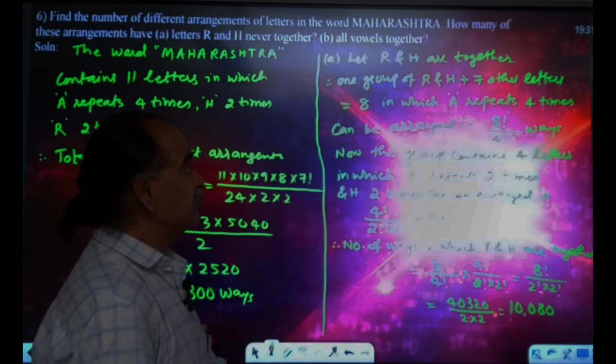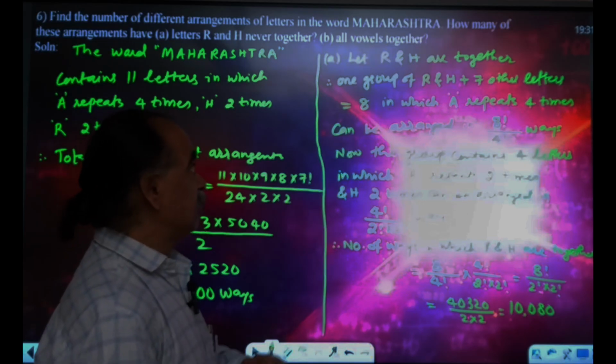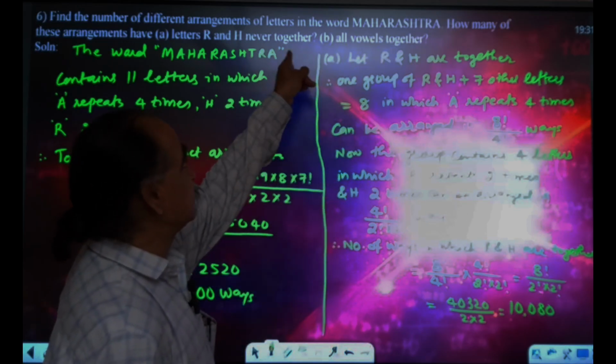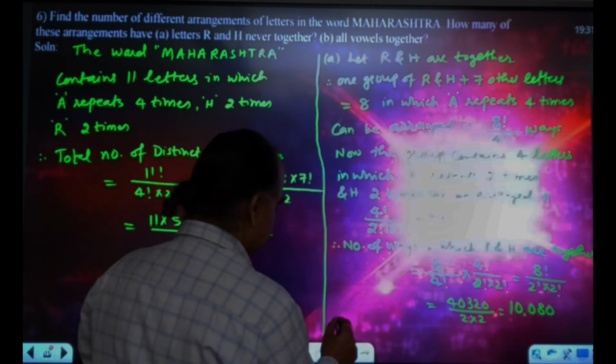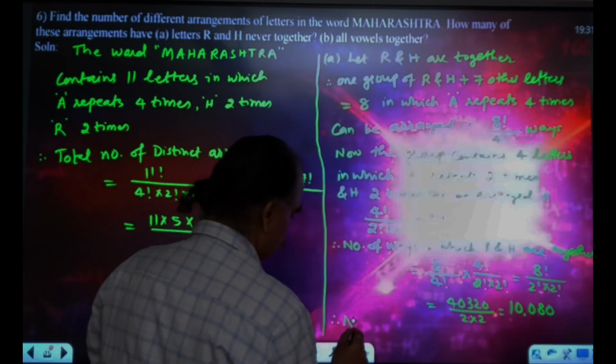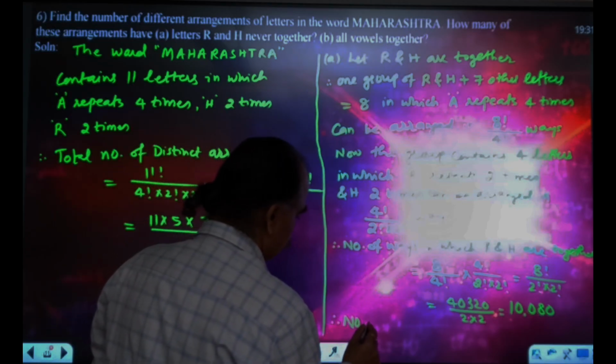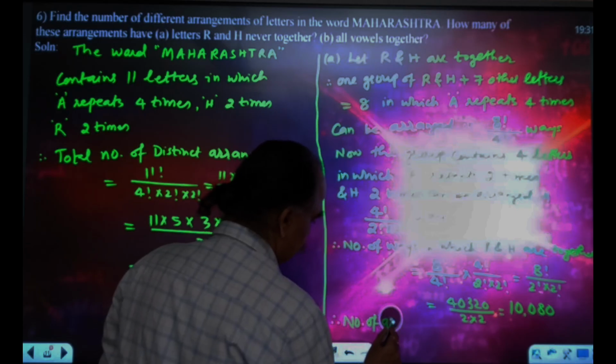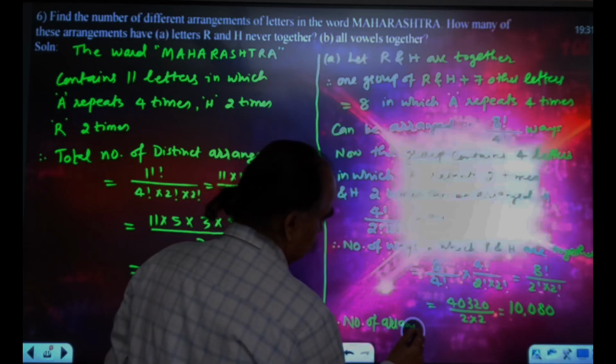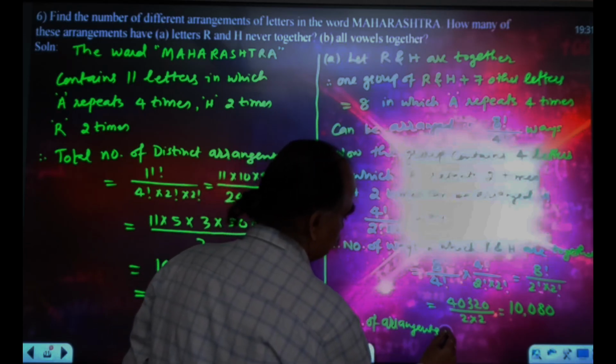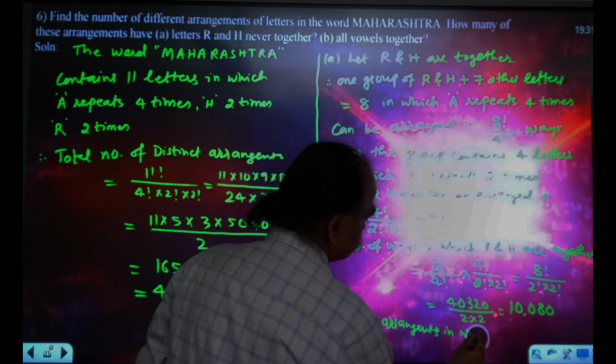So in so many arrangements R and H are together, but we are interested in R and H never together. Therefore, the number of arrangements in which